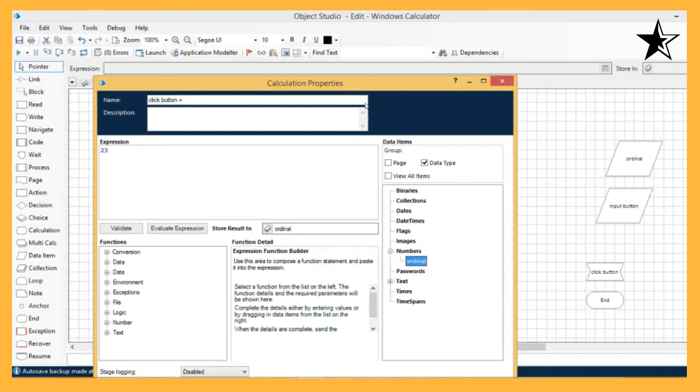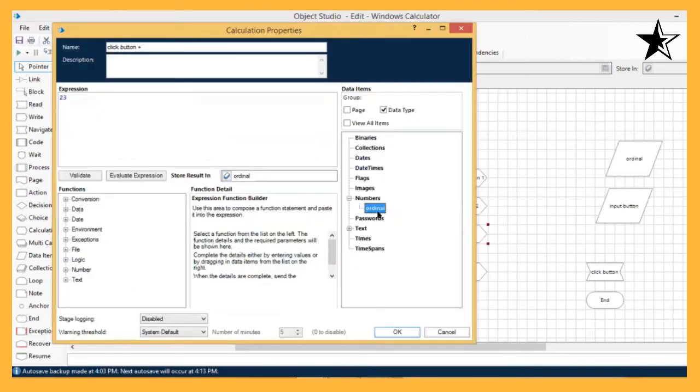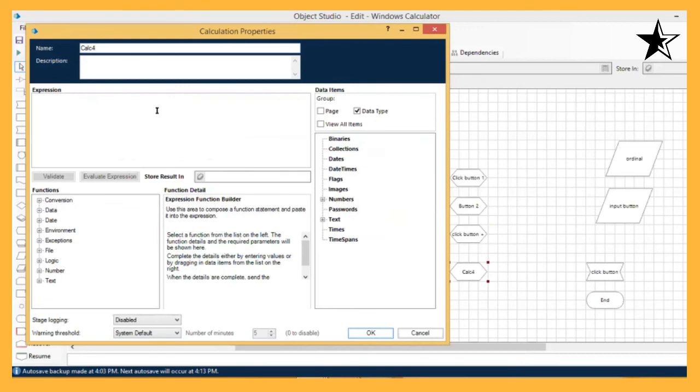Store in ordinal. Click on OK. Click button equals, the expression for button equals is 28.